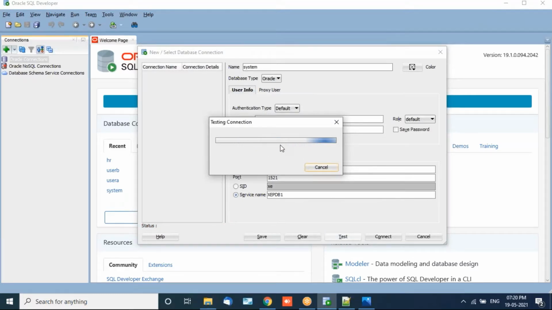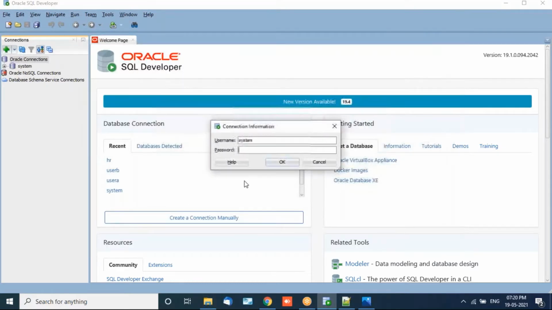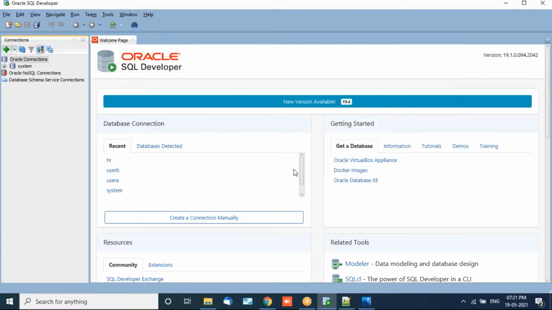It will take some time to get connected, and it will be all set in 1 minute. You can see success over here. So we are able to connect to the root login, system.